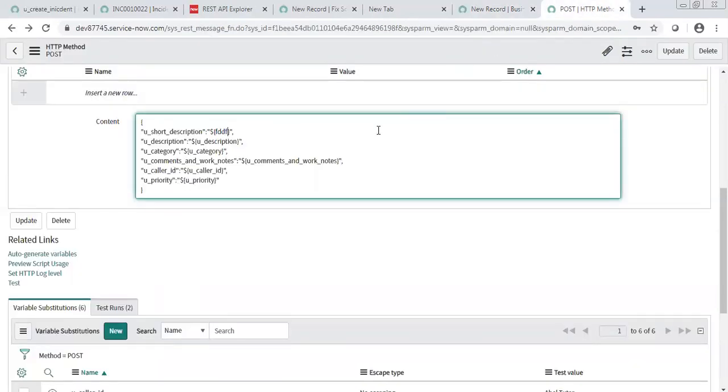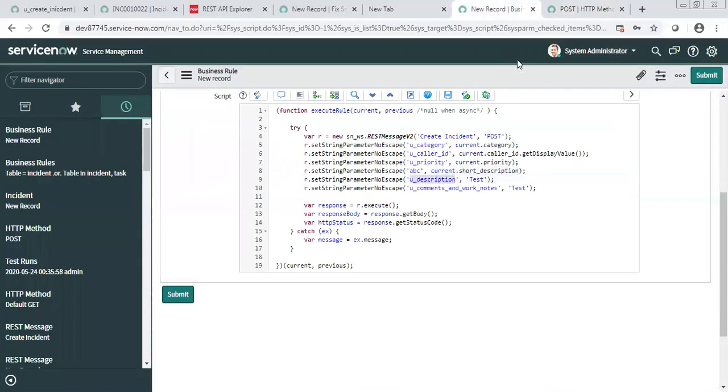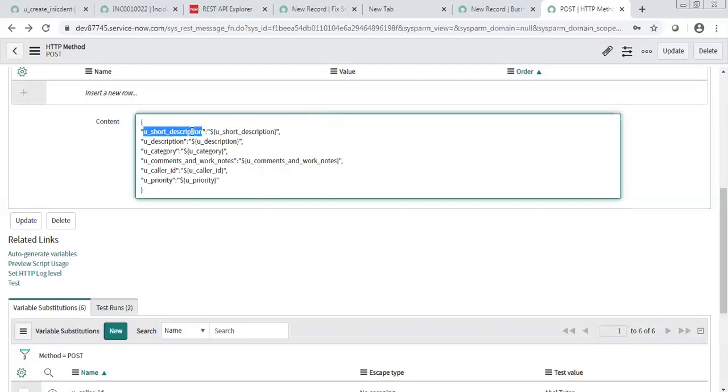But that is something that will be given by the inbound one, right? No, why would they give it? Previously they gave you this fixed value here, right? Then we need to make it dynamic. To make it dynamic, basically you are defining a variable, and that variable you will be passing through the business rule. Right now I made the variable name the same as the key, but you have the flexibility to define any variable.